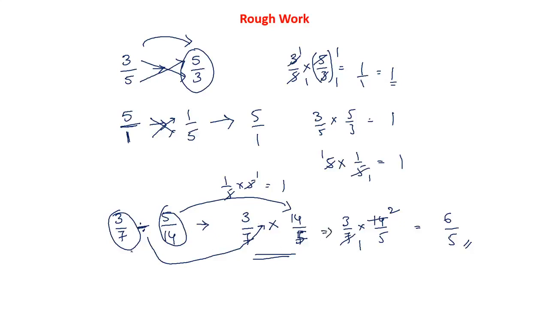After converting into multiplication, you have to use the multiplication techniques only to solve that problem. Okay. So divisions you cannot directly divide. First you have to convert them into the multiplication form and then use the multiplication techniques to solve that division. Okay, so this is 6 by 5. One more example I am giving here: 3 by 15 divided by 6 by 5.